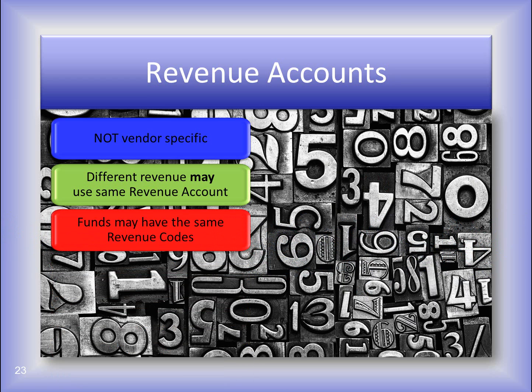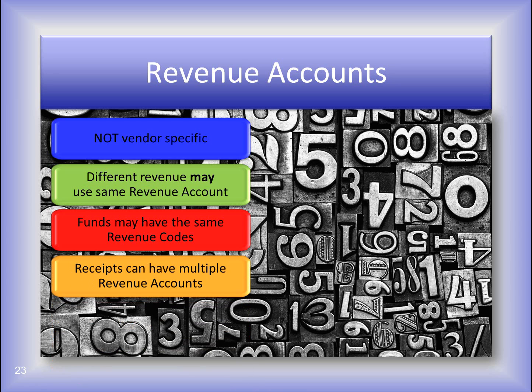Different funds may have the same revenue code. So remember that all funds that receive interest are going to have an interest revenue code. All funds that receive real estate tax distribution have the same set of revenue codes. Each fund uses the revenue codes that represent the revenue it receives. A receipt can be allocated to multiple revenue codes. The county auditor, for example, sends a check that includes local government and cigarette tax distributions. One receipt from the county auditor is posted for the full amount, and each type of revenue is allocated to